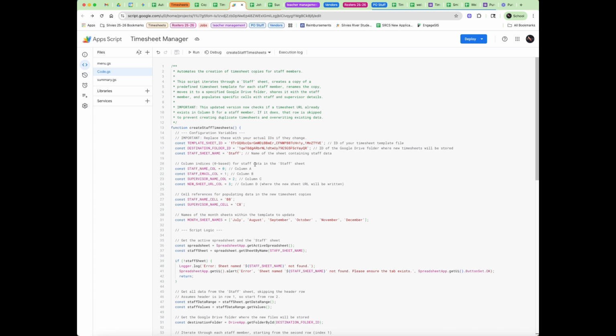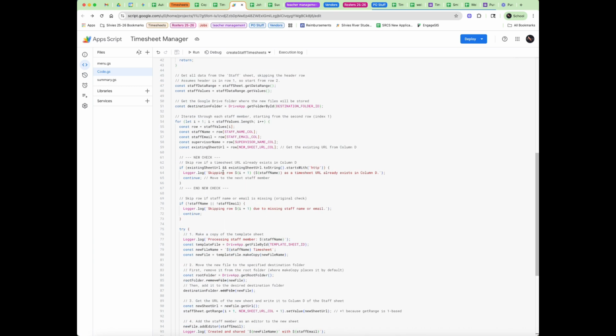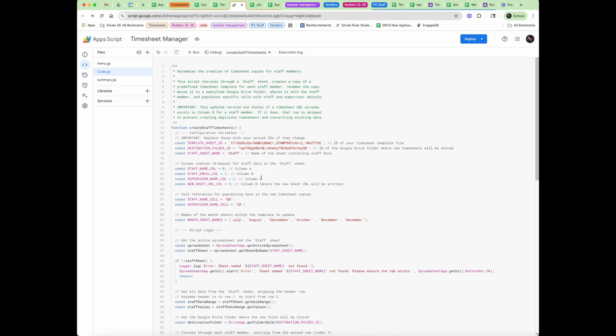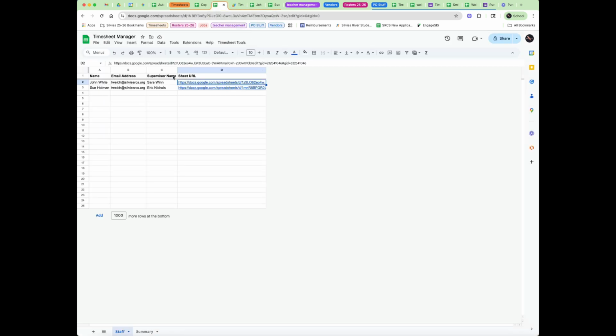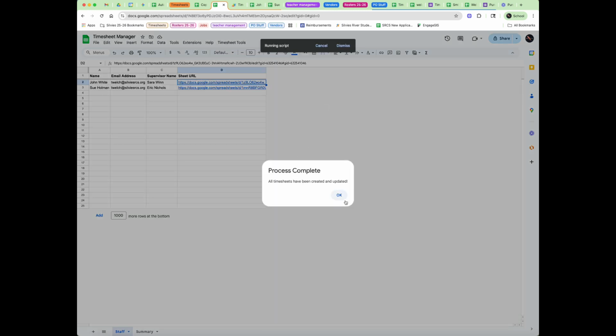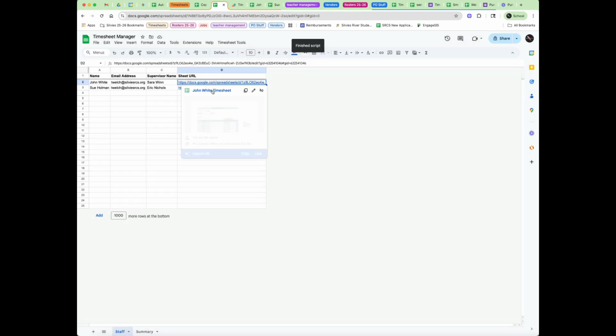An important part here is that it first checks to see if a timesheet exists so it doesn't duplicate a timesheet. And then, as it says here, it iterates through the staff sheet. We have a template ID and a destination folder ID, and then we're getting the information from the staff sheet. If I were to run this right now, it's going to tell me it's complete, no timesheets, because it skipped them since we have one in each person's row. Now, if I were to add another,